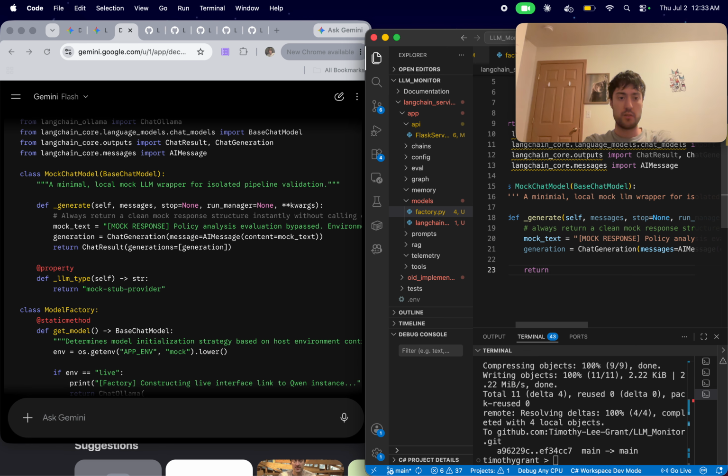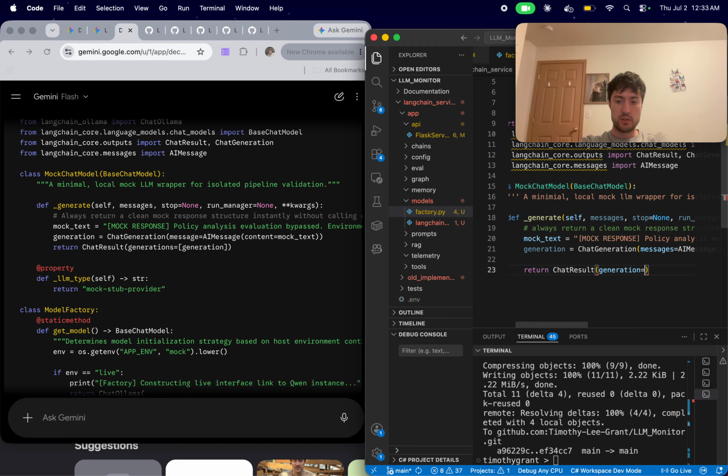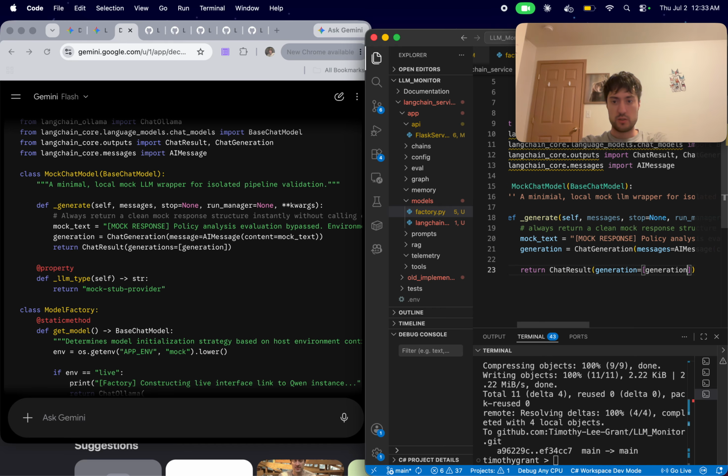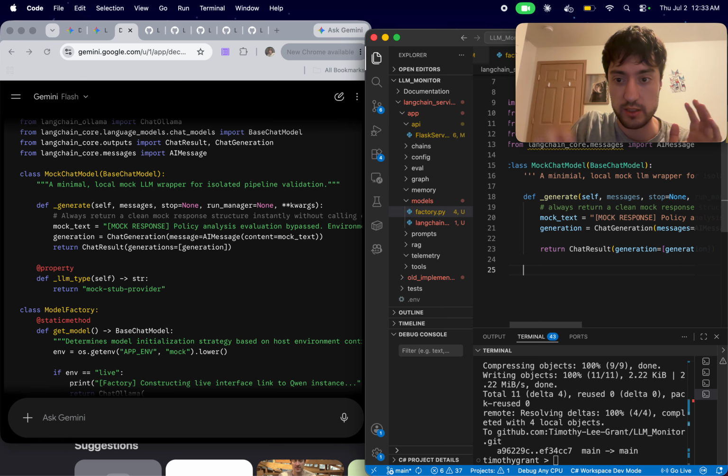And then return chat result, generation is equal to generation. Okay. So I don't know what that's doing almost at all. We're gonna really need to investigate that. That's kind of like, get it on here, try to understand how things are organized, break it, and then make it work, and then try to figure out how to make it better. Okay, so now